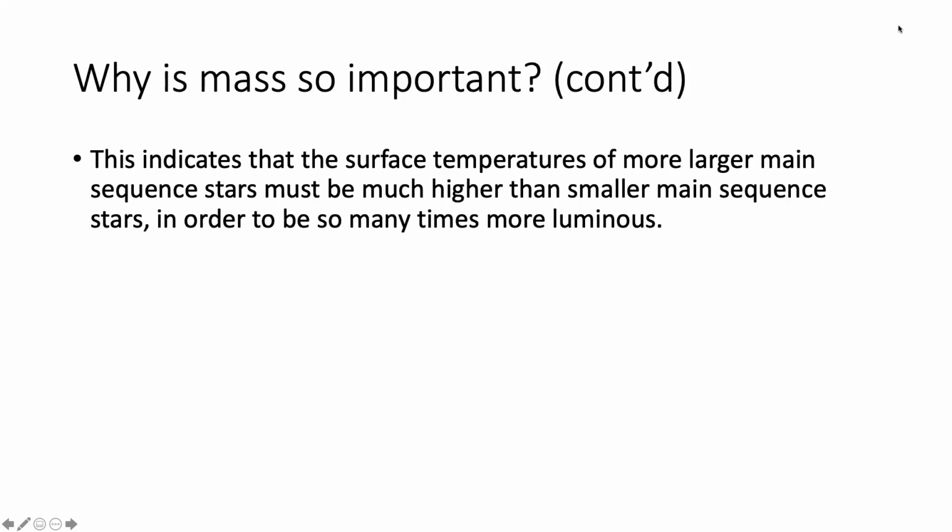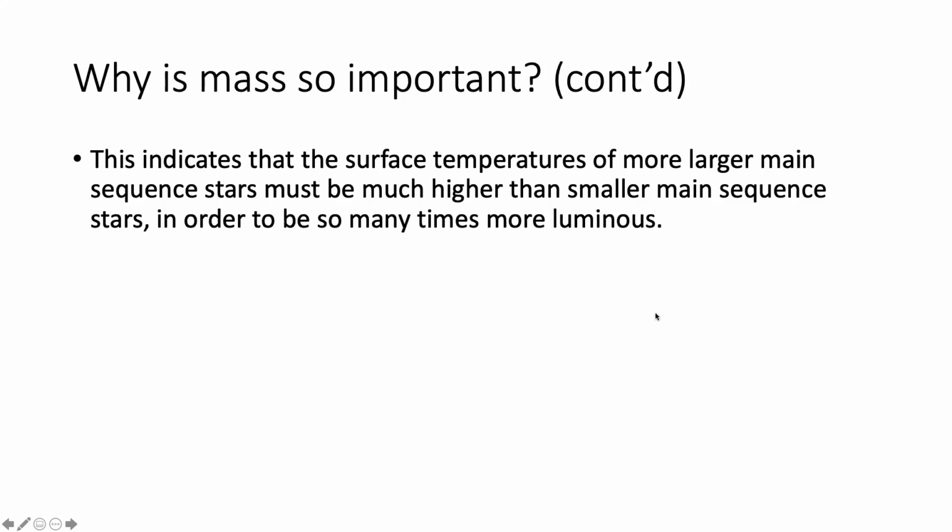Because larger mass means there's going to be a higher luminosity, we're also going to get a higher surface temperature, so that we're getting more power output. We're getting more energy radiated away at the surface, and that's what causes them to have so much power output at their surfaces: there are just much hotter temperatures. And that's why we have these most massive stars of the main sequence.